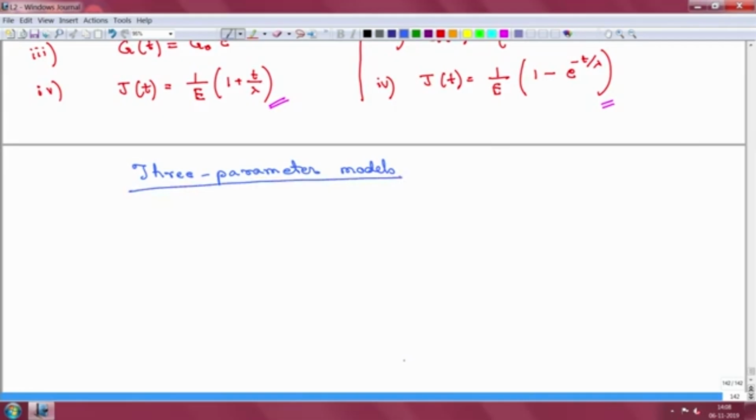And the 3 parameter models are quite interesting because they can show a better behavior in terms of the response functions. So, let us see how we have many different types that we can build. Obviously, let us build 2 which